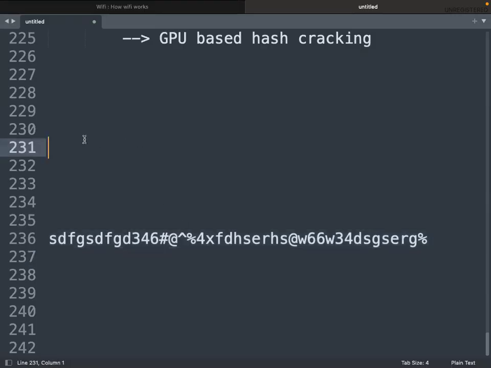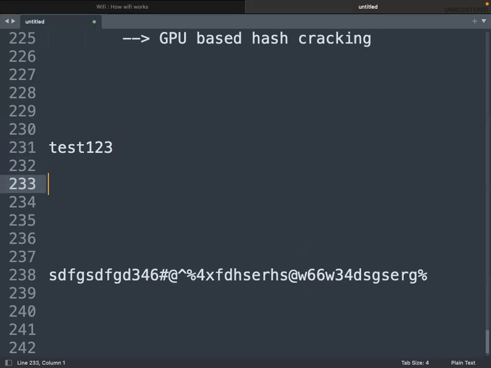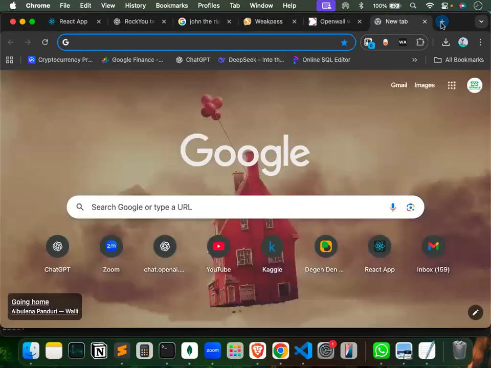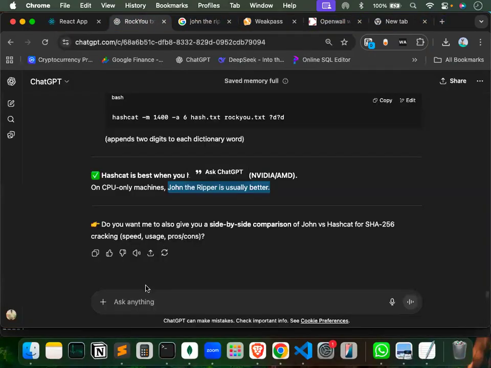If you give a weak password, for example test123, it's a weak password. Or you give your date of birth or phone numbers, all those are weak passwords actually. So there is a website also to check if the password is already leaked or not. I forgot the name. You can check if the